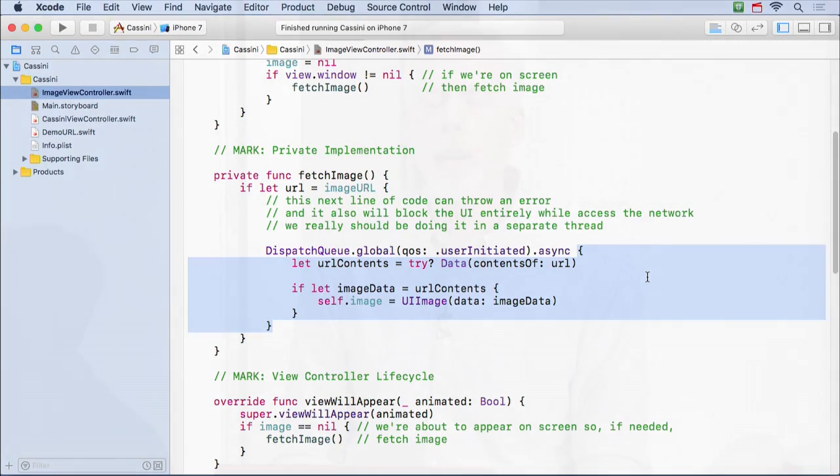Now, what if the user is like, I'm tired of waiting for that Earth image, and they hit back and go click on Saturn? When they hit back, what's supposed to happen to that image view controller? Anyone? It's supposed to leave the heap. Because it was on top of the navigation controller, and I hit back, so toss it out.